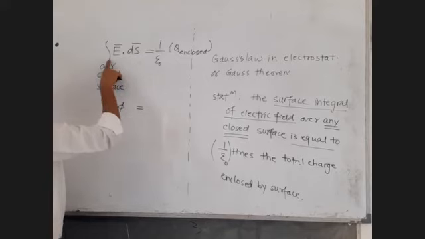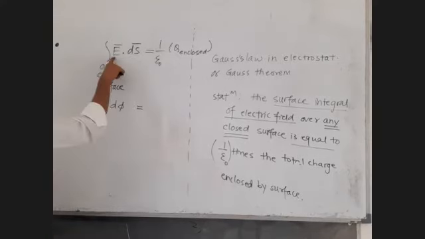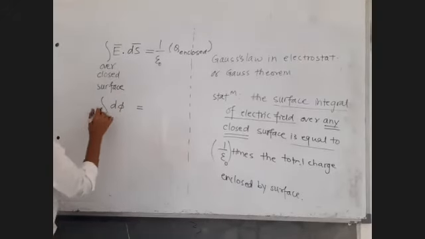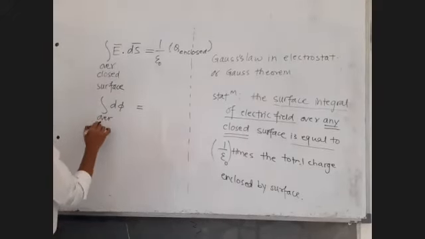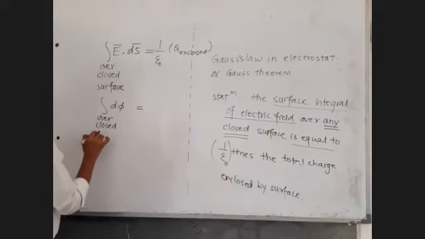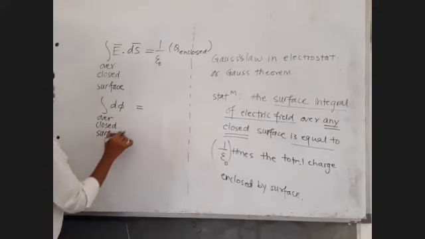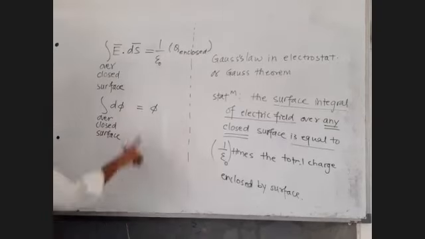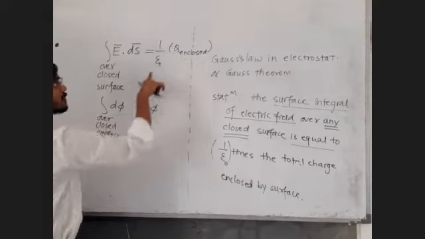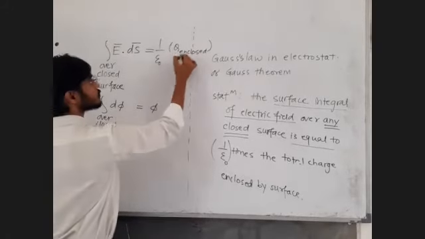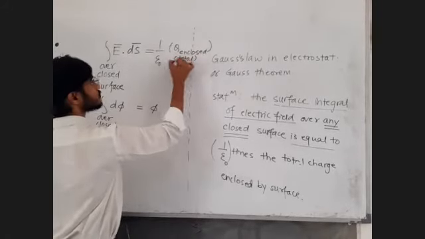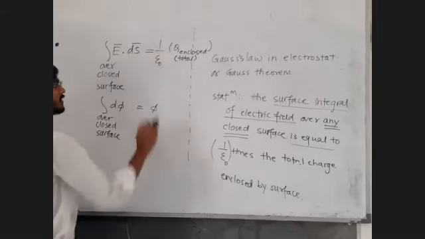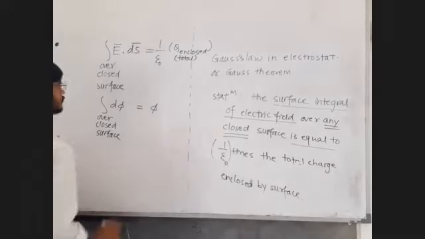Surface integral of electric field. What does that mean? It means the dot product of electric field and the area vector, but it is what? Electric flux. Its integration over a closed surface is equal to what? Total flux over the closed surface. And what is total flux? Q enclosed upon epsilon, total charge enclosed upon epsilon. Total enclosed charge upon epsilon 0 if there is vacuum; if there is a medium, epsilon. Is that clear?